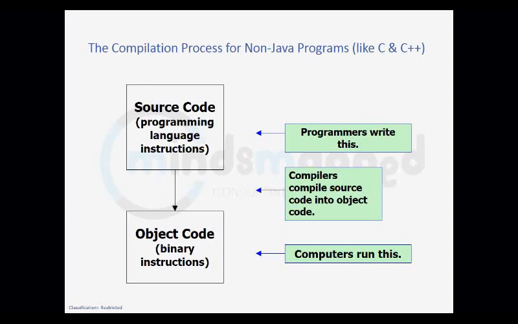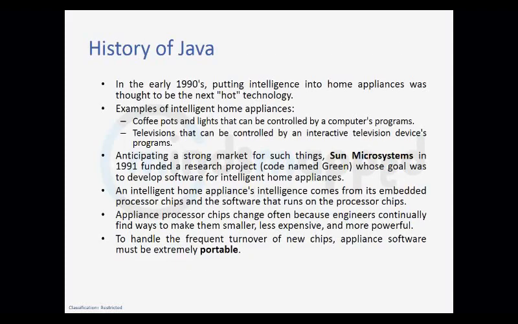So if you look at it historically, Java came from the early 1990s, after the World Wide Web, or the Internet, was introduced in 1992. They started coming up with the specifications for the World Wide Web. We knew that programming languages are supposed to be portable as well. All the applications that you write should be portable, which means that we should be able to write them on top of different kinds of systems, because there are a lot of different kinds of systems that are connected to the internet. So to be able to run your program or your application on top of any platform, that was basically the requirement for which